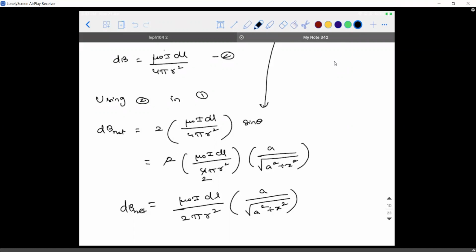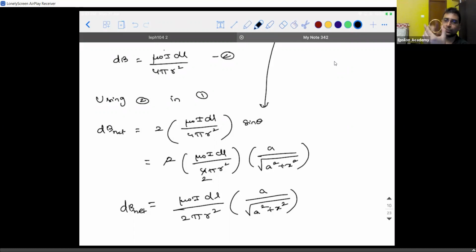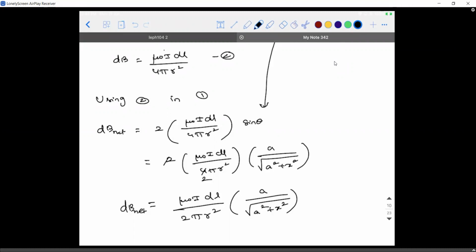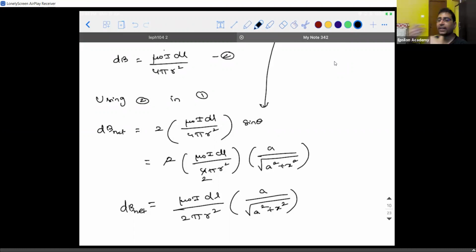Sir, could you repeat the question again? So I'm saying now I took 2 dl's. No, here I took a dl, here I took a dl. So what should be the limit? Integral of 0 to half of the circle. If I take 4 dl's, quarter of a circle. So as the number of dl's keeps increasing, the limit which we are going to take will decrease.